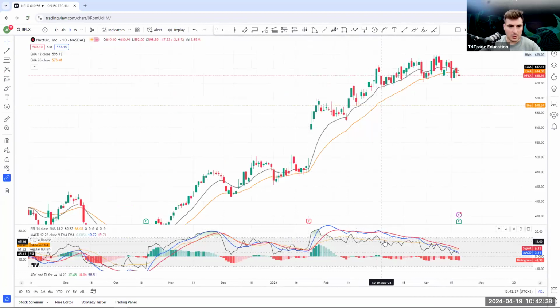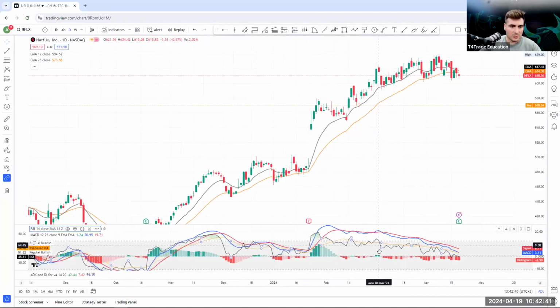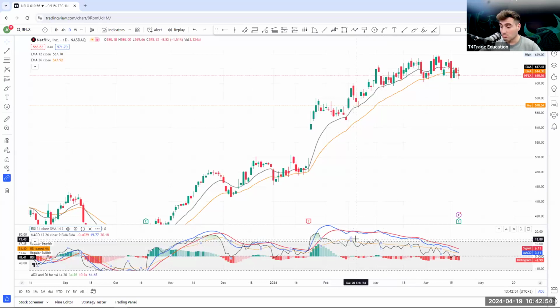MACD down here. Also have the RSI. I like to use them in conjunction. More specifically, I like to use them to spot much easier any possible divergences. So even though I look specifically at the RSI for any given divergences, I overlay that with a MACD to see whether the MACD is also recording a divergence, and if both of them are recording a divergence, which in this prime example they do, okay,